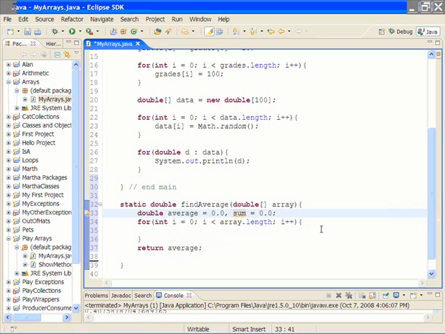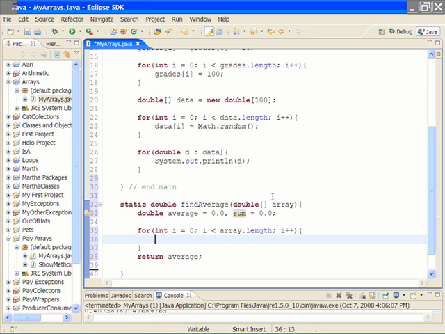So we're going to pass an array in, and it will be known locally inside this method as array. So sum plus gets array sub I. That will add up all of the elements in the array, and then when the loop is over and we have the sum, we can calculate the average as the sum divided by how many elements were in the